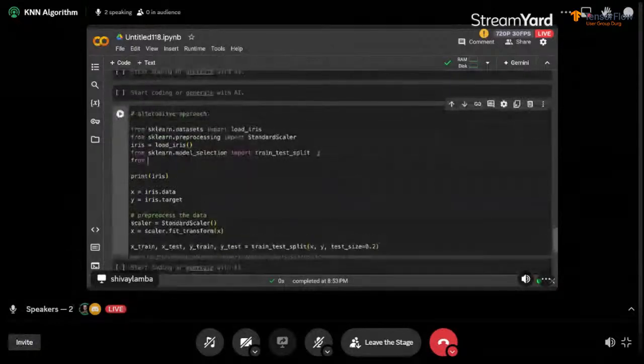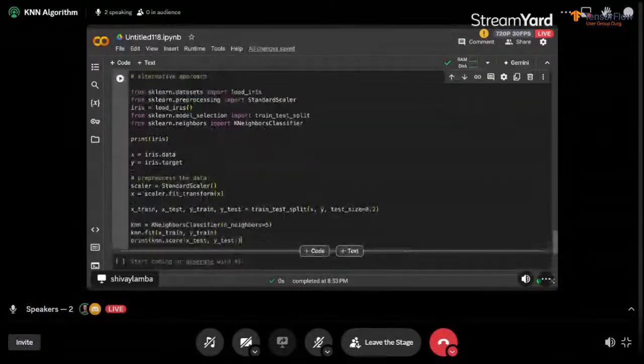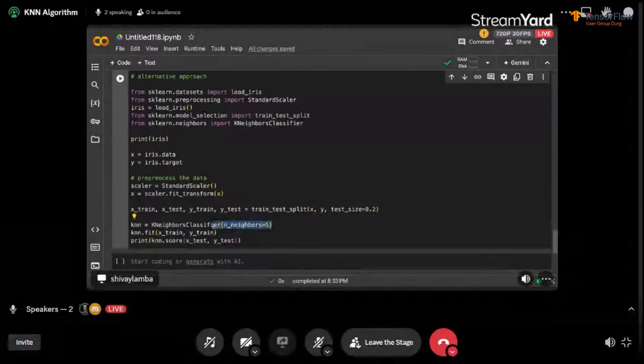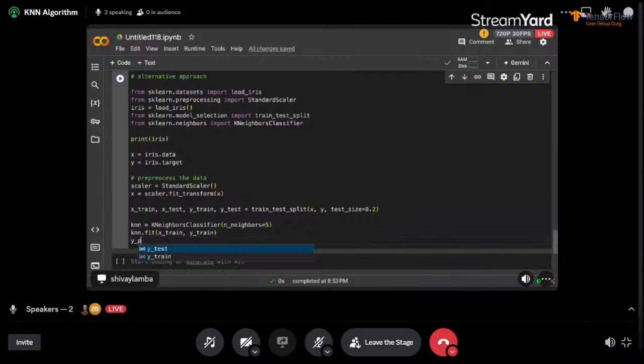So you also do from sklearn.neighbors, you'll use the KNeighborsClassifier. And then once you have basically trained your data, you can define the KNN as KNeighborsClassifier. You can define what is the K value that you want to select. In scikit-learn, we have the notation of K as n_neighbors. Then you fit the data, and then you can do y_pred equal to knn.predict, and you pass the X_test,